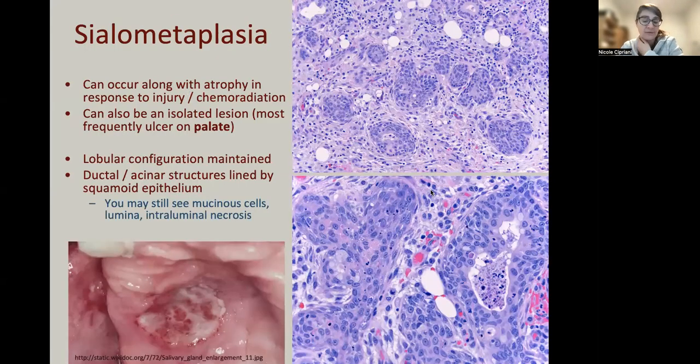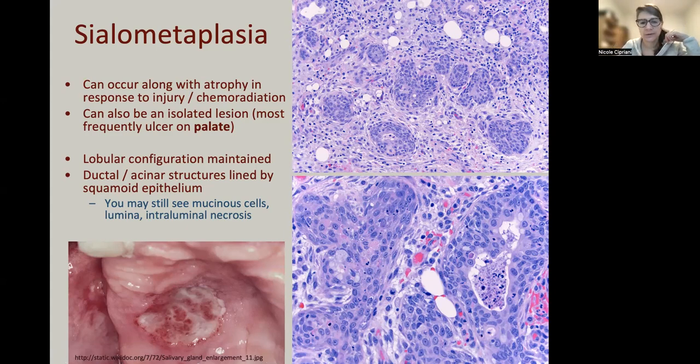Often accompanying atrophy and fibrosis is sialometaplasia, which is essentially squamous metaplasia of salivary acini and ducts. And this also is generally in response to some kind of injurious stimulus, chemoradiation, ischemia. It can present in isolation as this ulcerated lesion on the palate. However, it is very often seen in small doses, as I said, in the context of chemoradiation of broader